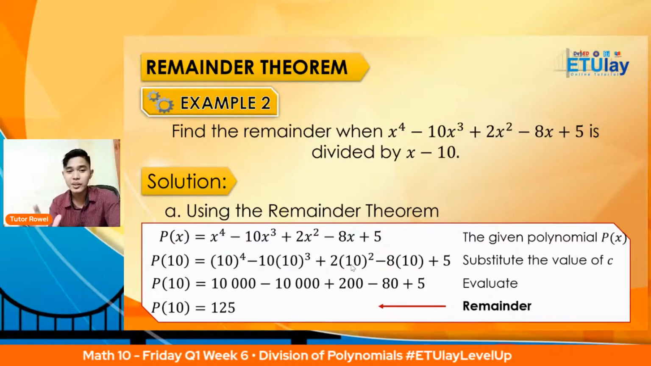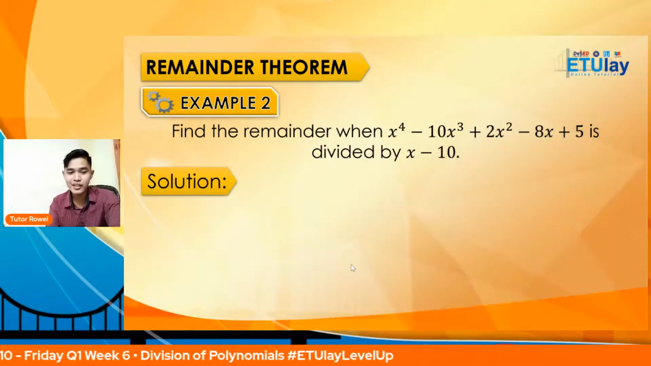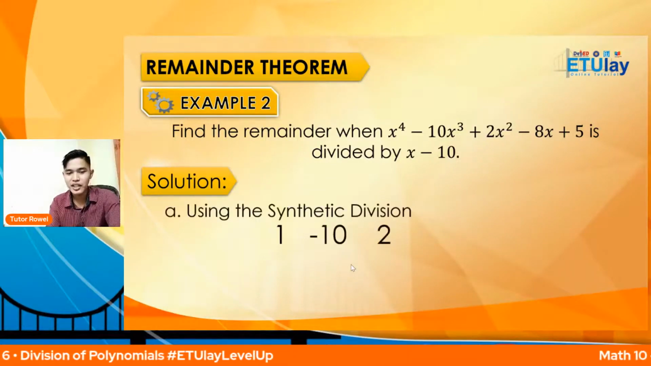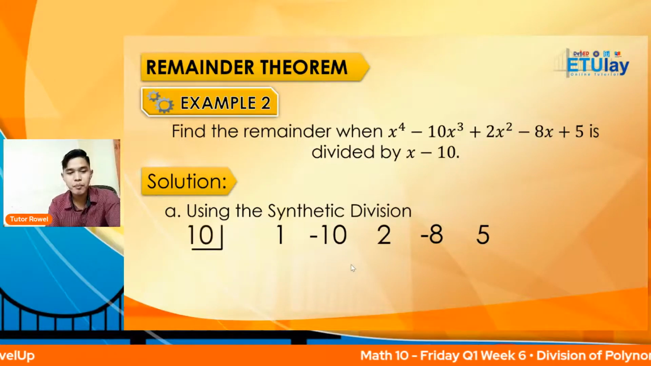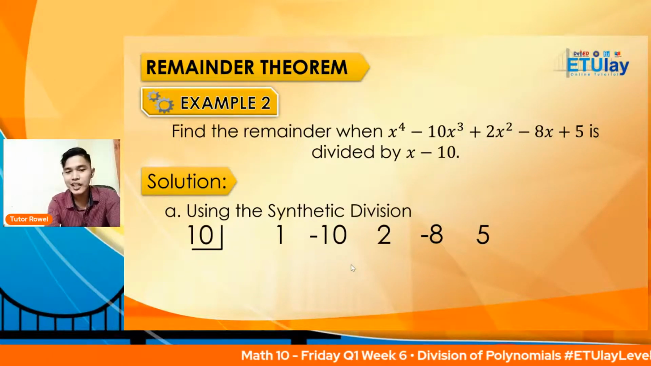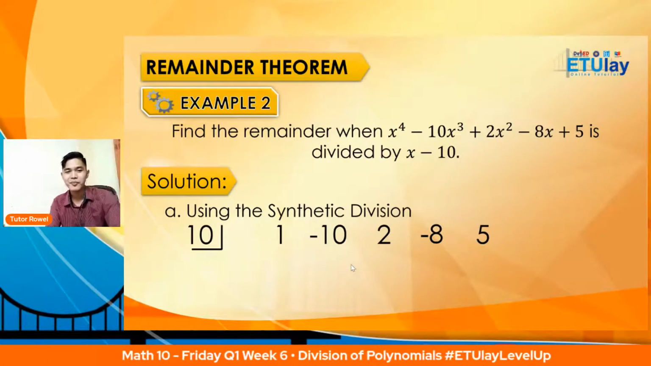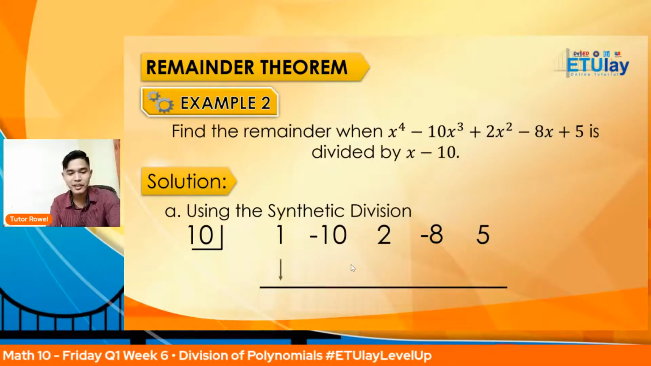Okay, pwede natin i-check ulit gamit ang synthetic division. So, yan siya. Nilagay natin yung coefficient. Yung nasa upper left, positive 10. From negative 10, yung opposite, positive 10. So, ulitin lang yung process. Bring down 1,